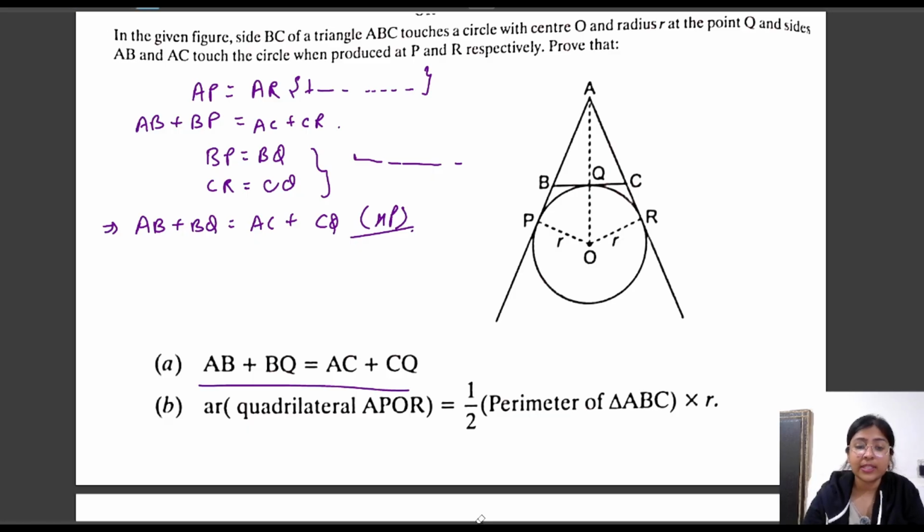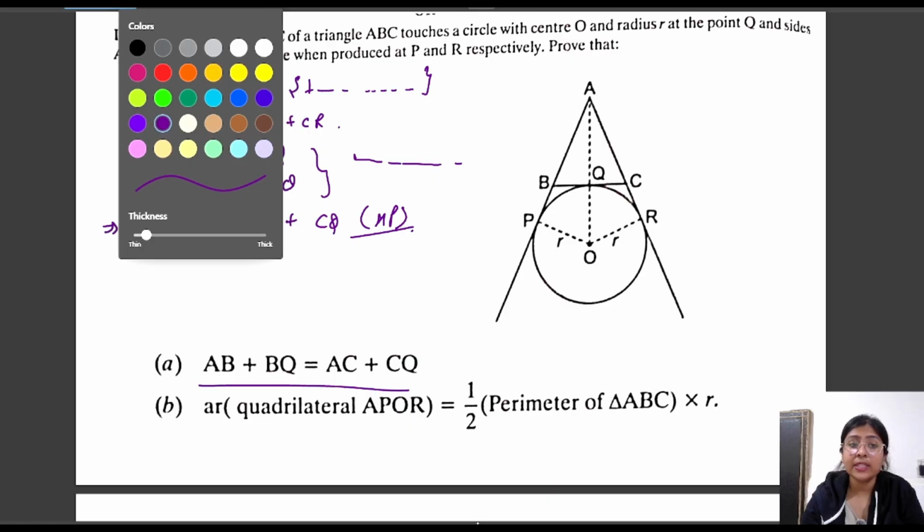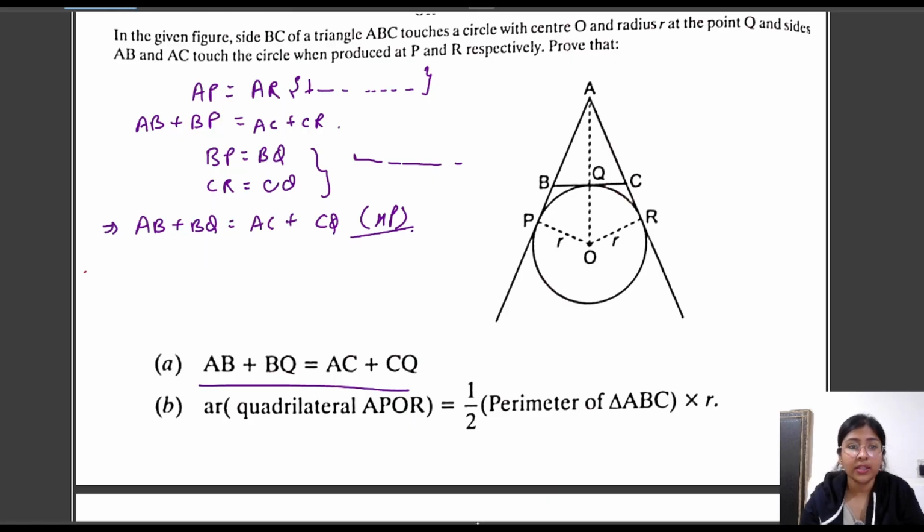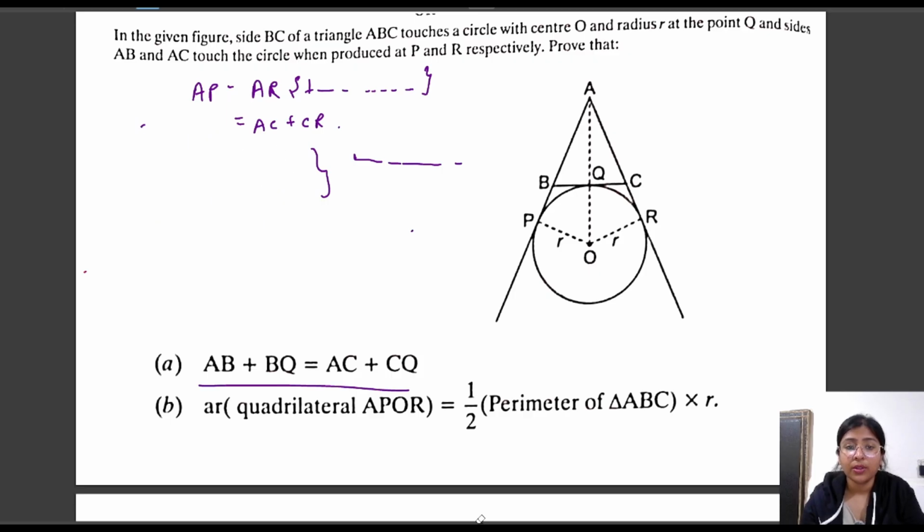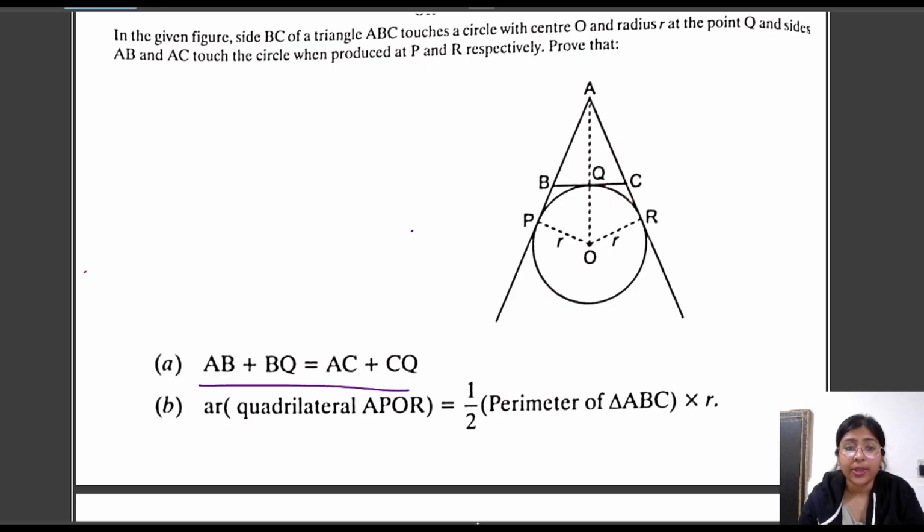Now the next part: area of quadrilateral is equal to half of perimeter into radius. Area of quadrilateral means the total area. Have you written this? If not, pause the video and write this, I will do the next part, which is very important also. Yes, learners, wait. Yes, try this out. We are taking the LHS and we will prove that LHS is equal to RHS, hence the question will be done. So, area of quadrilateral